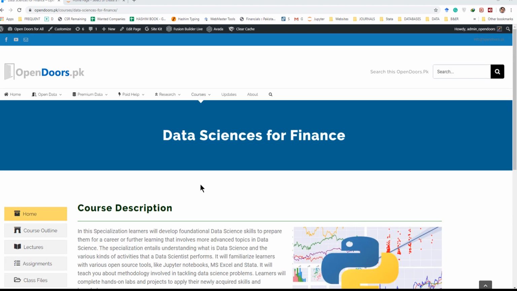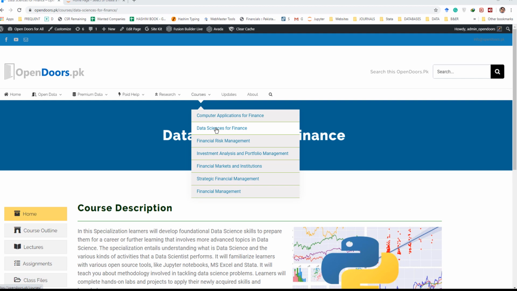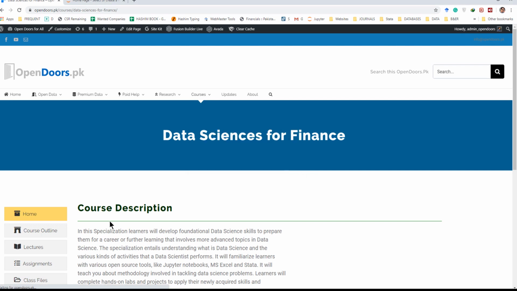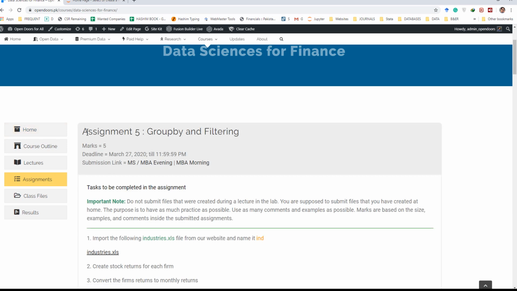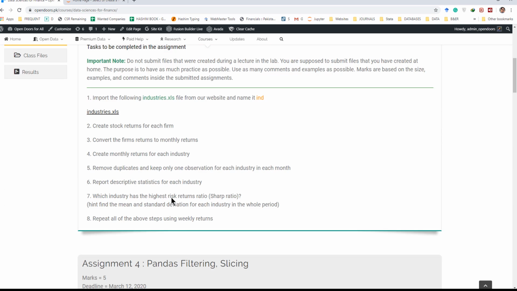If we go to the courses page, Data Science for Finance, and then we move on to the assignment page, assignment number 5 asks for application of group by and the filtering techniques. This assignment asks for 8 specific activities, starting with the importing of data from Excel file into the Pandas DataFrame,